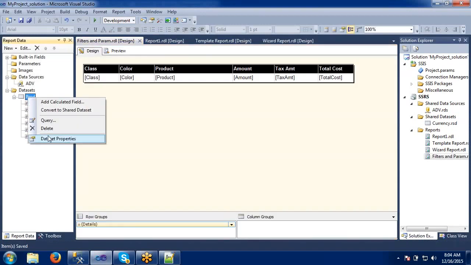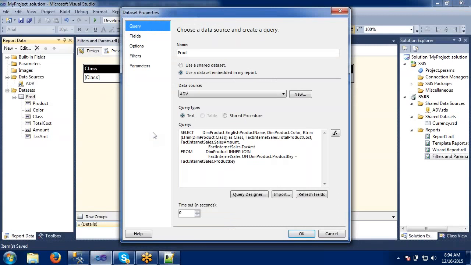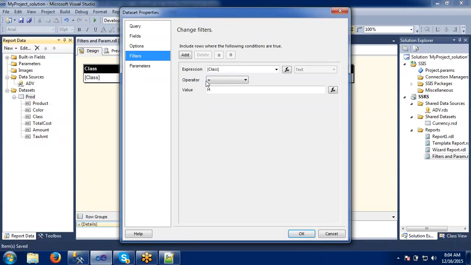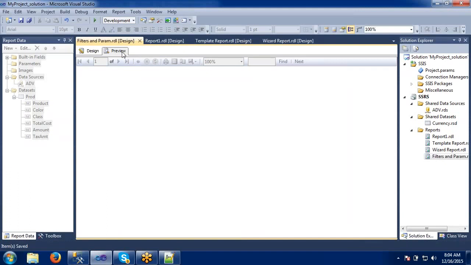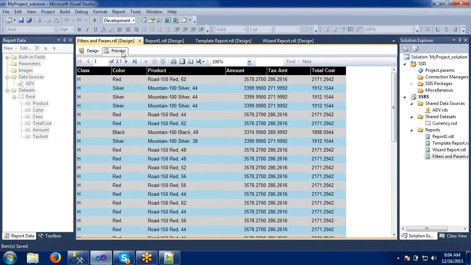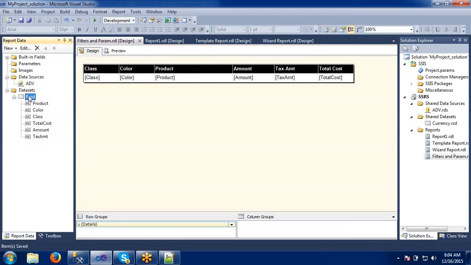Let's now apply the filter concept here. Now we'll filter with class H. See, now the class is filtered with the high class. Only H class records are coming here. Now we will apply one more filter in the dataset properties.